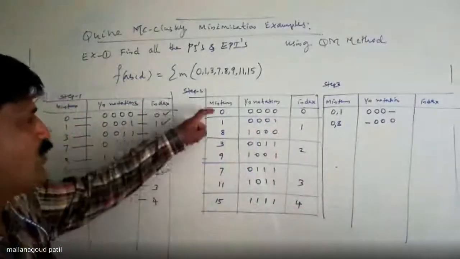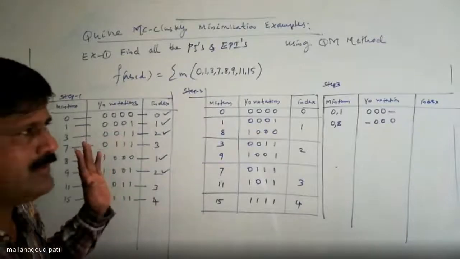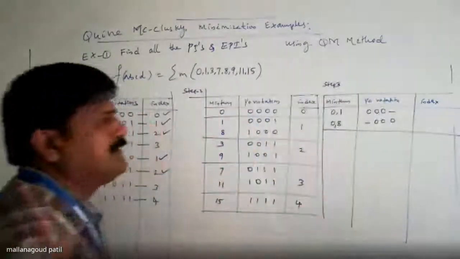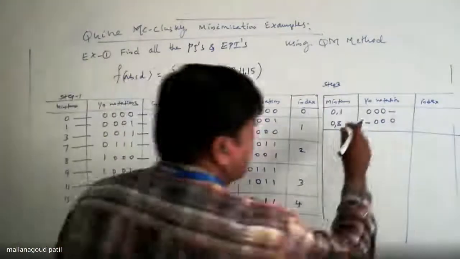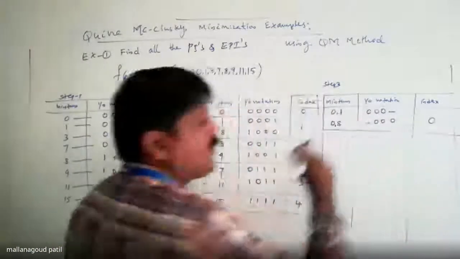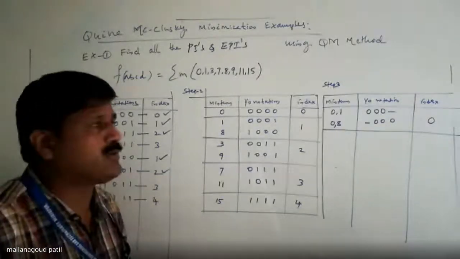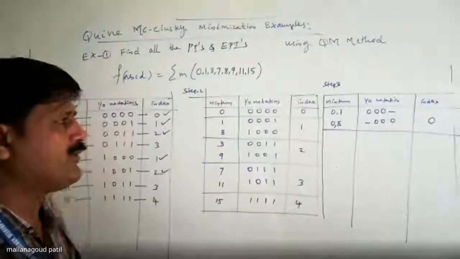It's okay. 0 to 1 and 0 to 8 is over. Now you can write a horizontal line. The index for this particular block will be 0 because no 1 is present in the number. That is the higher notation.